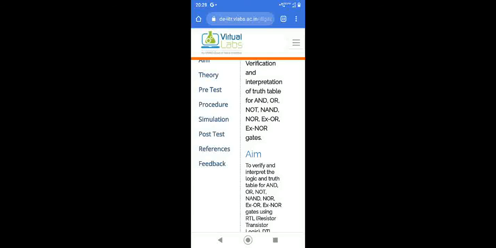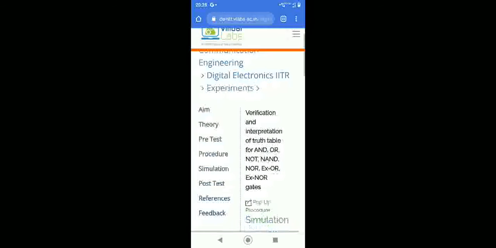We will do this AND and XOR because ultimately we will do the half adder. That's why we need the AND and XOR gates. We select the simulation part.